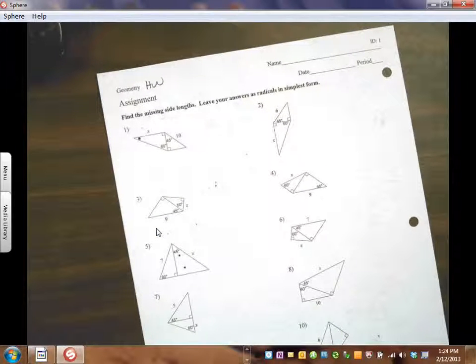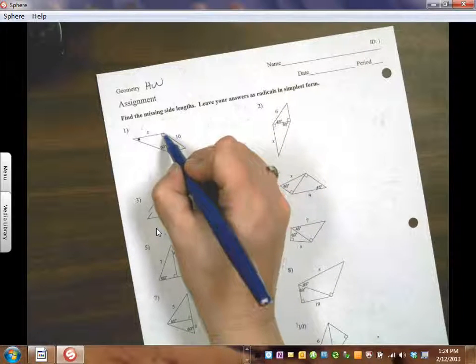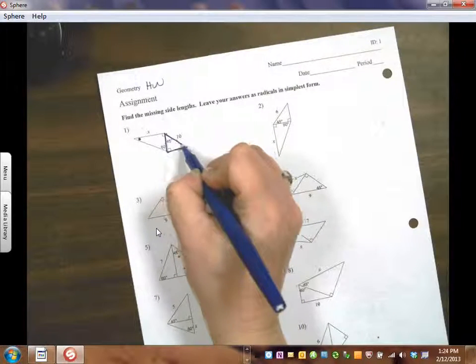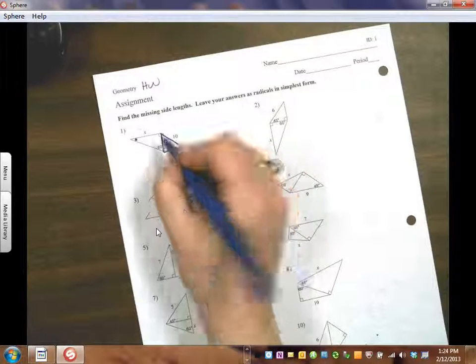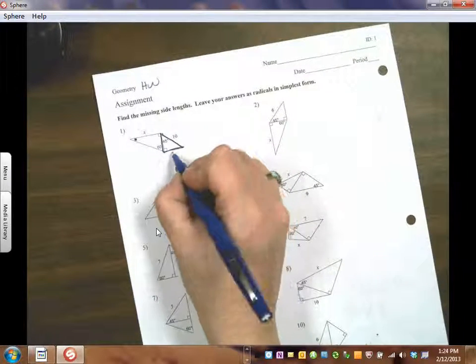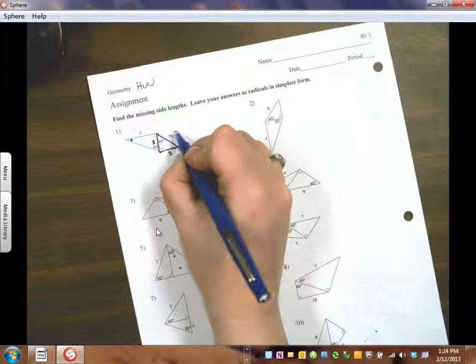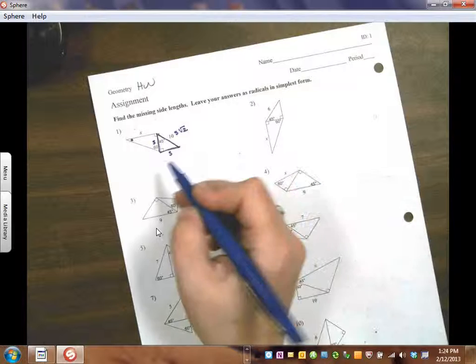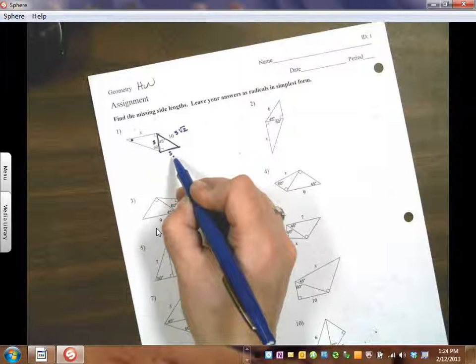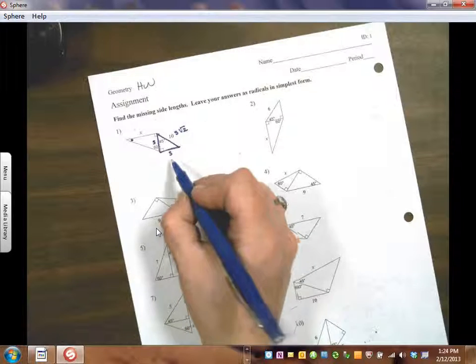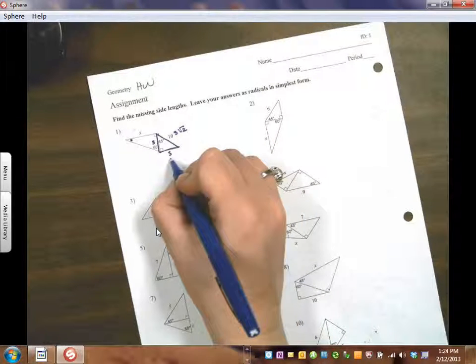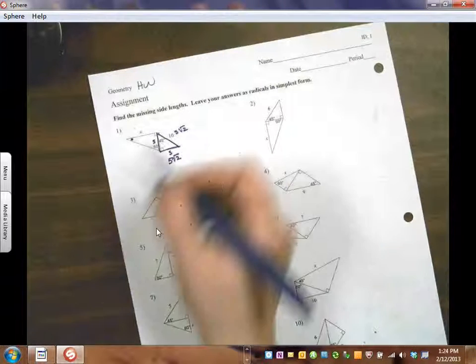Notice I have lots of different triangles connected here. So we're going to have to find some information in order to transfer it to the other triangle. Because you see this triangle right here? That's a 45, 45, 90 triangle. So I'm going to pretend this other piece doesn't exist. I know this is S, this is S, this is S root 2. So what is the length of that side? Well, remember, we divide in half and multiply by 2, or set them equal and solve. But that system works. So this side is 5 square roots of 2,